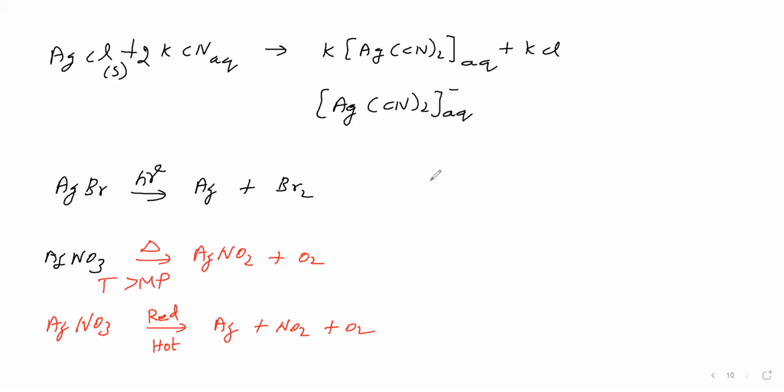When silver nitrate falls over our skin, what happens? It decomposes. Why? One reason is sunlight, and another is the skin. This skin contains organic matter. This organic matter decomposes silver nitrate, and silver nitrate becomes silver. This silver is a black precipitate. Therefore, black stains will be there over the skin. So we should carefully handle silver nitrate.